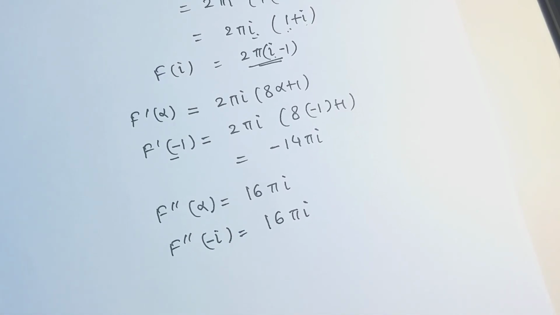So we can conclude that if the singular point lies outside the given closed curve, then we apply Cauchy's integral theorem, and if the singular point lies inside or on the boundary of the given closed curve, then we apply Cauchy's integral formula, right? So I hope this lecture was useful for you, and now you are able to differentiate between the applications of Cauchy's integral theorem and Cauchy's integral formula.